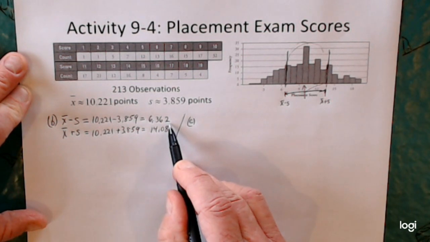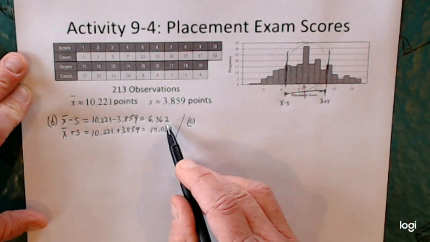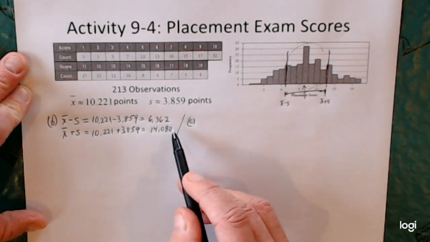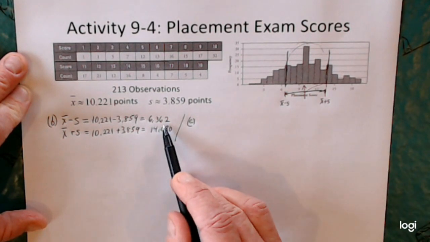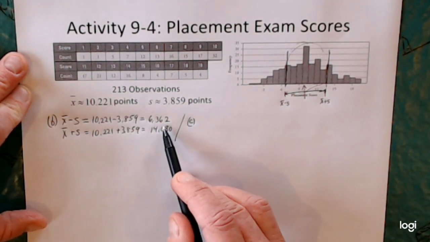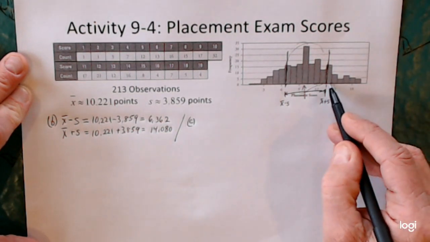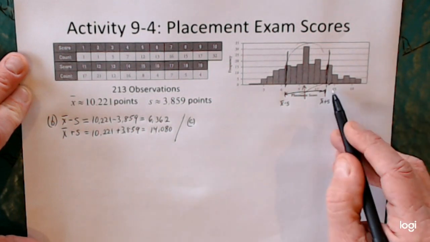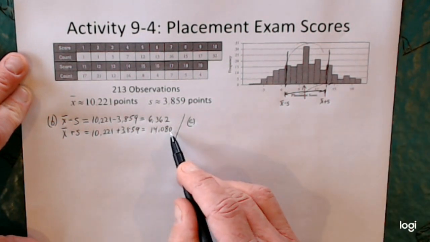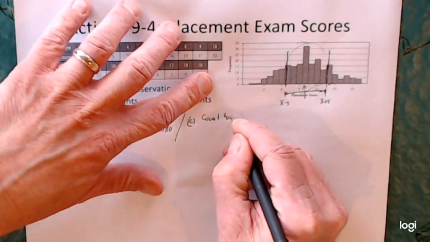So 7 is a score that's within one standard deviation, but 6 is not, because if I subtract one standard deviation, I have to go farther to get down to 6. On the other side, if you scored a 14 on the placement exam, then you are within one standard deviation. But if you scored a 15, you're beyond. So what we need to do is count how many